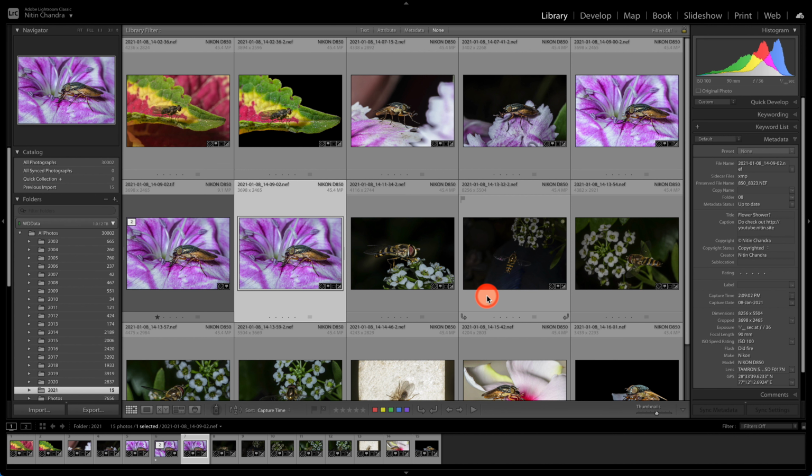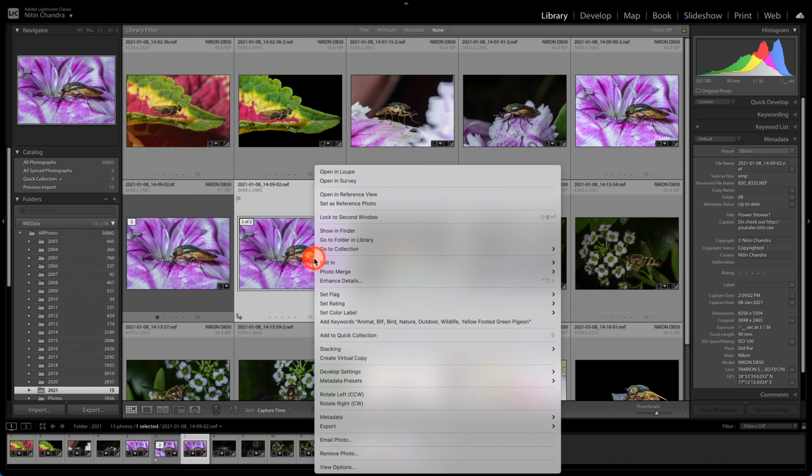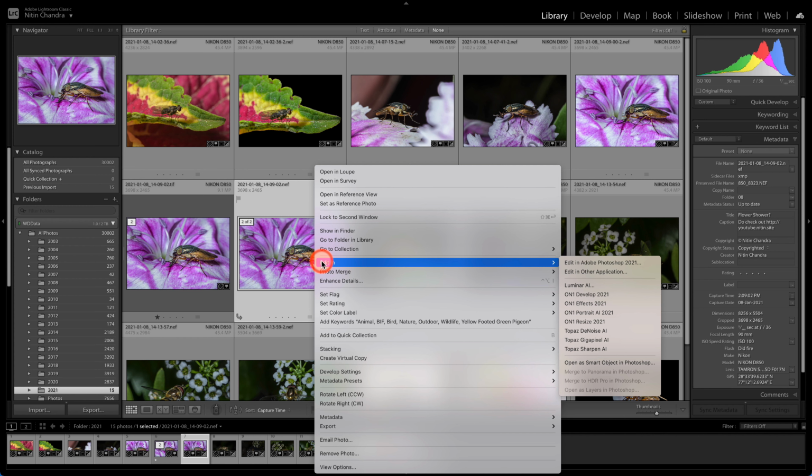So I took a few macro shots a day or two earlier, and these are some of those. And let's take a look at how to get into the Topaz tools. You can do a right click on the image, edit in, and you can go to denoise, gigapixel or sharpen in Lightroom.